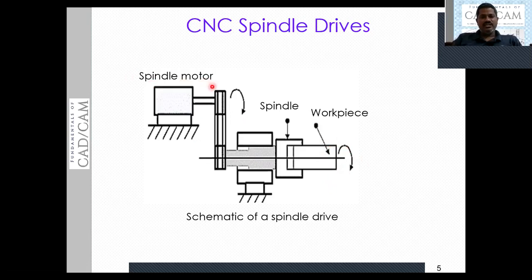This is exactly the speed flow of the spindle drive. Sometimes you may not use this belt drive. The motion can also be transmitted from driver to driven using a gear drive. This is a rough skeleton, a typical schematic diagram of a spindle drive in a CNC system, the CNC spindle drive system.